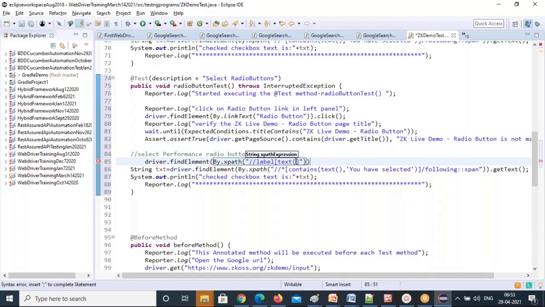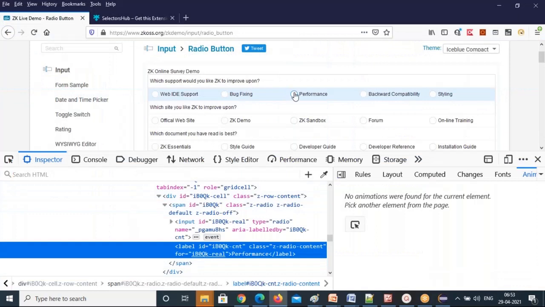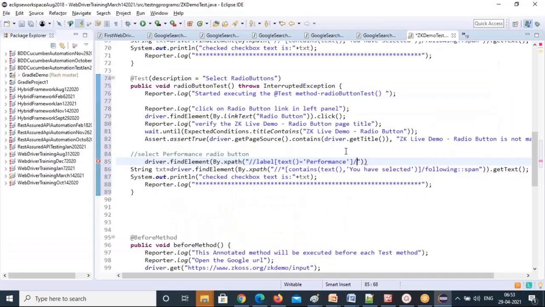We haven't used it in practice time, but here I'm just writing all the formulas. So one more time I'm recollecting. So next, the performance text, before this the radio button is there. And that too, the first radio button. Before Performance, many radio buttons are there. But which radio button? First radio button. So the radio button is going to have which one? So before means you have to use preceding.